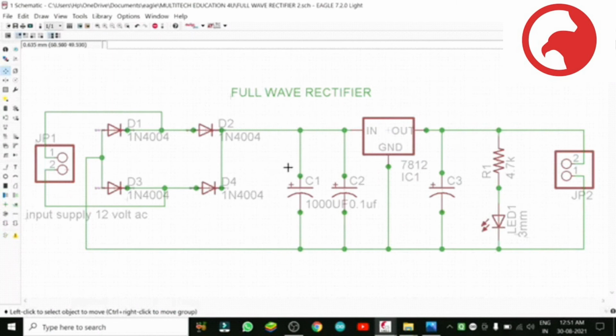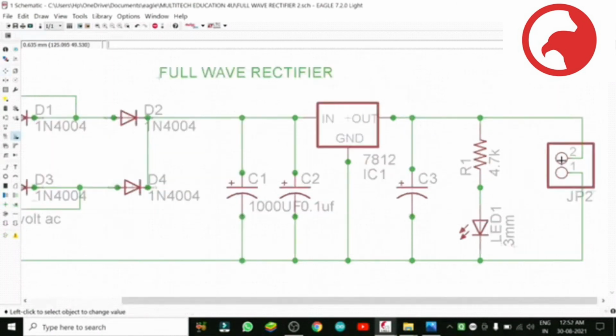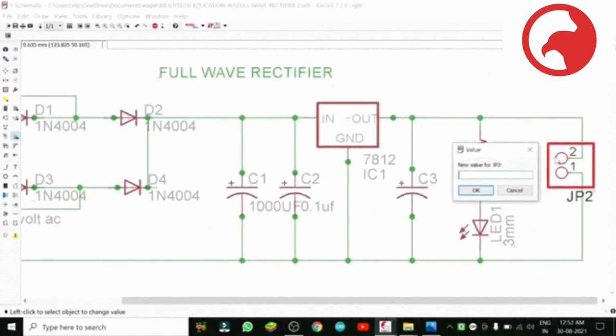So like that, I think our wiring diagram is complete in all respects. Let us check it. Here also we need to give value. Little bit remaining things we will do.